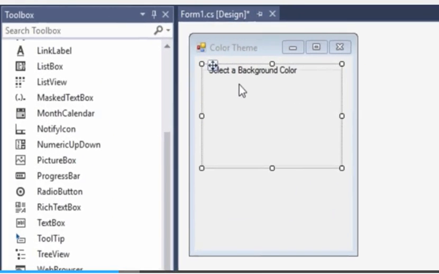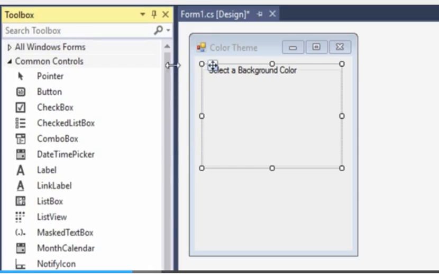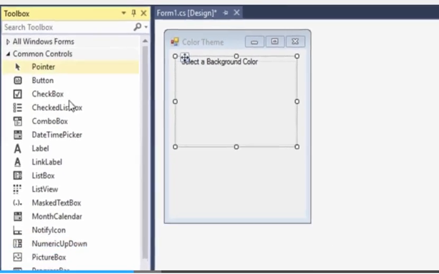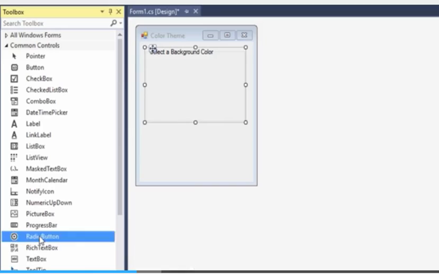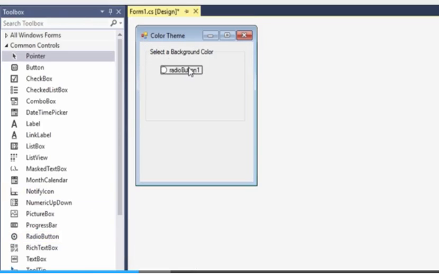Okay, so now that I've created the group box, I can create the radio buttons inside of the group box. Now, at this point, we want to make sure that the group box is selected when we create the radio buttons. If the group box is selected at the time we create a radio button, then the radio button will be created inside of the group box. So I'll scroll back up to the Common Control section, and I'll find the radio button control. Right there it is, and I'll double click that, and you can see that the radio button is created inside